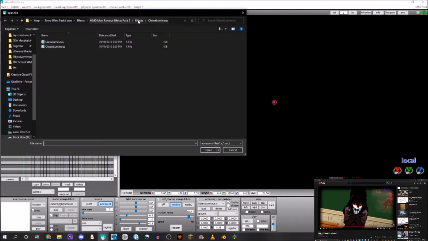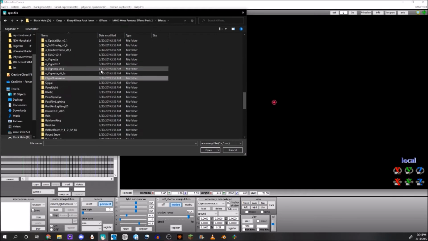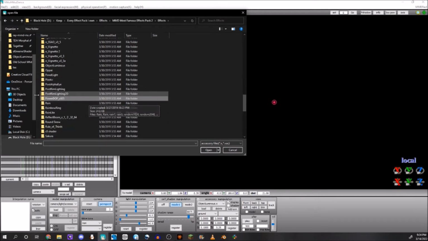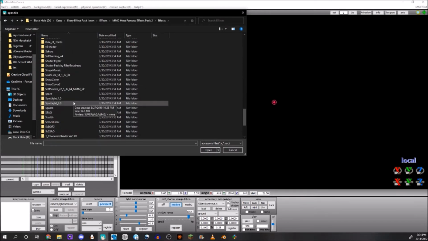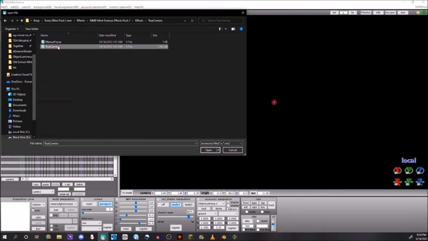Let's see. So, if your computer is already starting to lag a little bit, then I'd say here's where to stop. Because these next two effects, I don't remember how motion blur affects computers, but there's PowerDOF, that kind of needs a bigger computer, but there's also, let's see, I think it's True Camera,